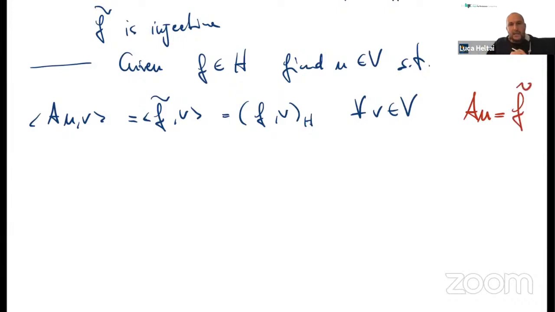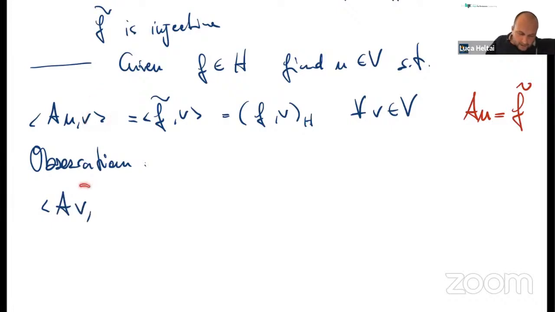And now the interesting thing is that one can solve an associated problem, actually an adjoint problem. If the primal problem has a unique solution, then one can conclude also that the dual problem has a unique solution. So how do we write the dual problem? The dual problem is usually written in the following way: instead of writing the test function on the right, as is written here, we write it on the left. And we assume that the unknown that we are looking for is